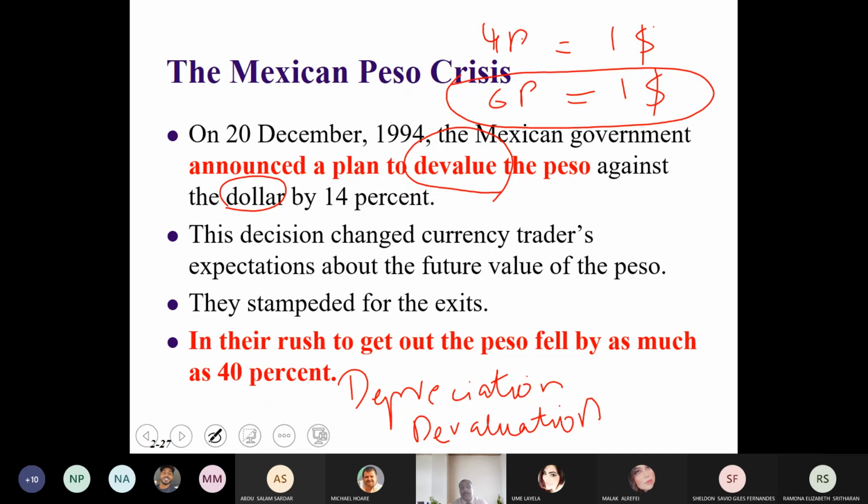But why would a country do so? Why would the government intentionally devalue their currency against the dollar? What benefit they will get from it? So that they can export more? Why will this increase their export when their currency is cheap? Now the peso against $1, they are paying 6 peso. Because how will this affect the export? The other country can buy more goods at a lower cost. Very good. Yes, because when your currency is low, when your currency is cheap, now what the other country can do,